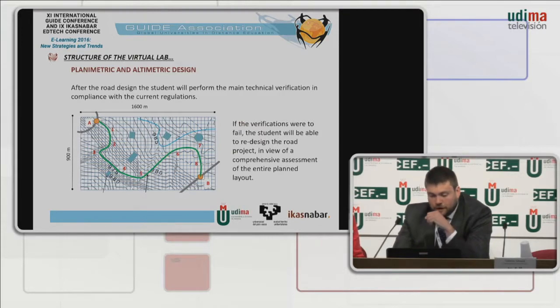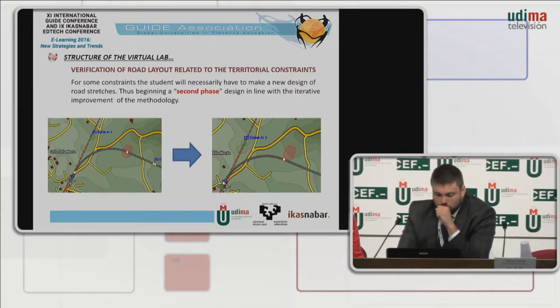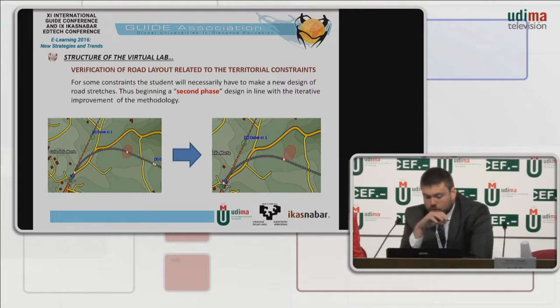So after this first phase and the verification of the design parameters with the regulation, a second phase design starts. The student relates the road project with the environmental constraints. So in this phase, the student can, for example, make a redesign of the road by, like in